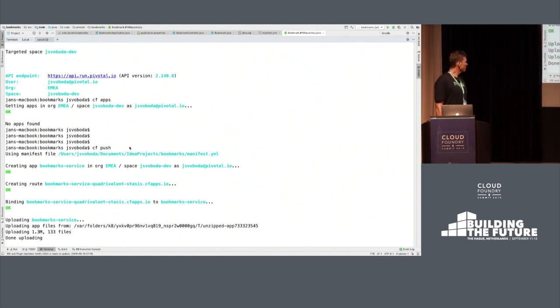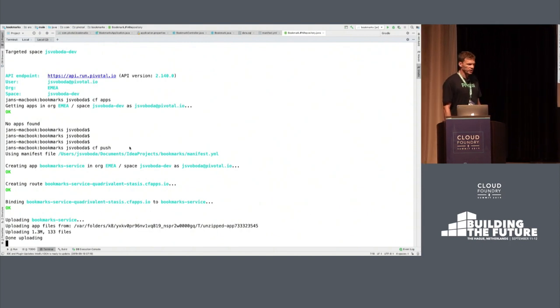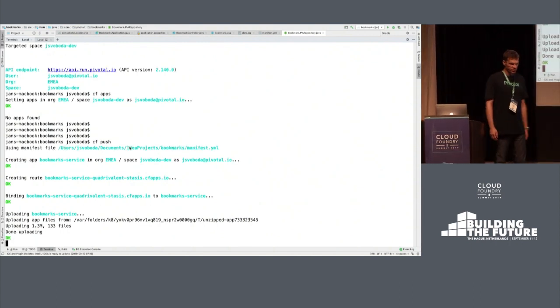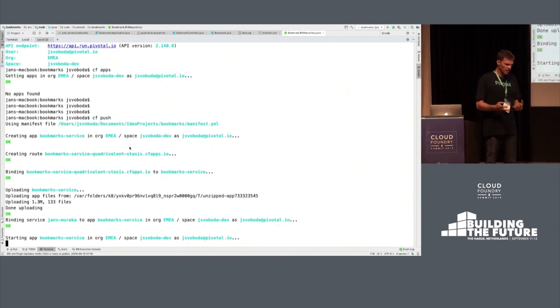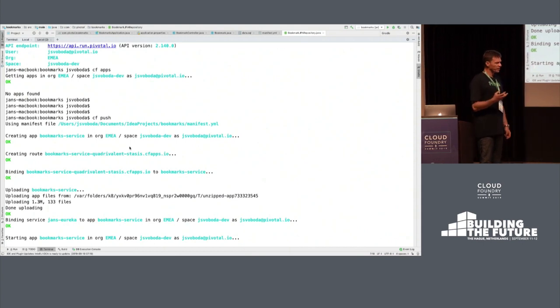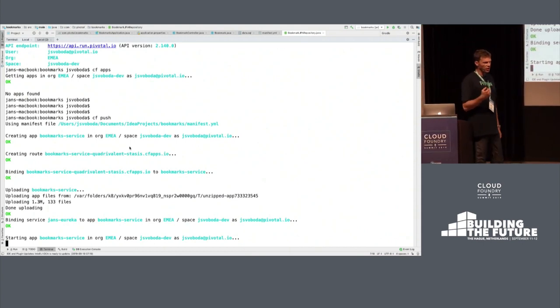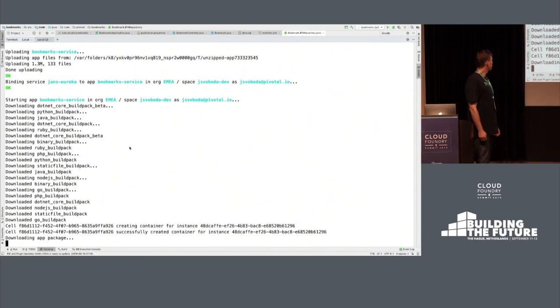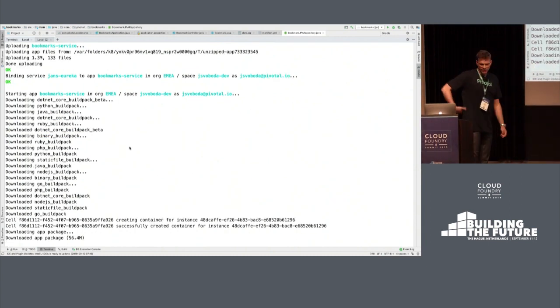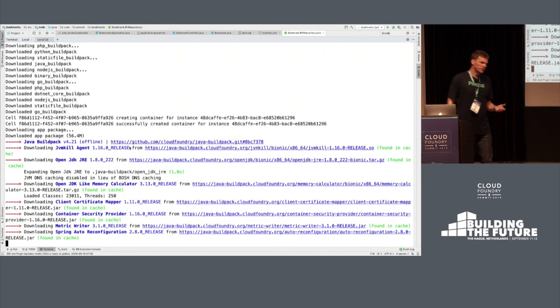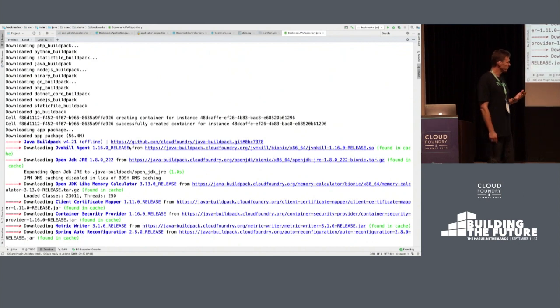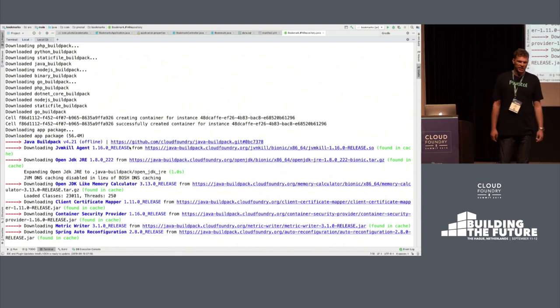Now what is happening is that Cloud Foundry will build what's called a droplet, which is like a small container, and then it will schedule the container on some host that will be able to run it. Now it's downloading all the buildpacks that the platform supports, and the buildpacks provide the runtime for the application. Because we didn't specify which buildpack to use, it will download all of them, and then it will detect what application